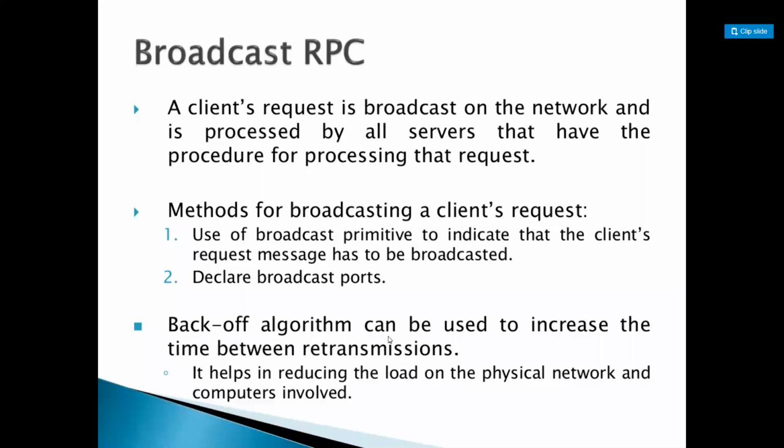Because if any problem occurs in the first case, we will do retransmission. Between one retransmission and the next, we need to have some time, because due to network delays, the frames got delayed in the network. If we retransmit immediately, it leads to duplication of frames at the server side. For that reason, we need to increase the back-off time.